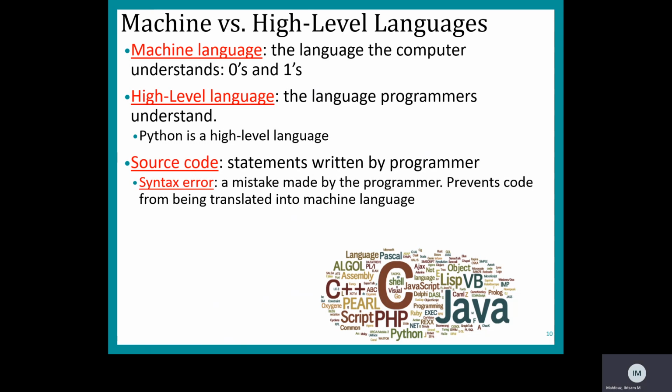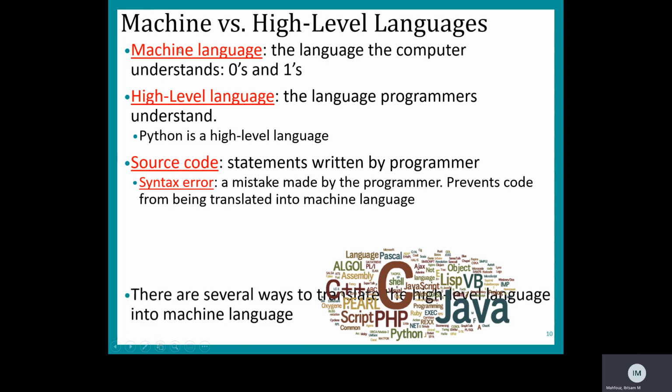When you write this code, you need to make sure that it will be able to be translated into machine language. And so if you have any errors in your code that prevent it from getting translated into machine language, the interpreter in Python will complain, and it will complain that you have something called a syntax error. So a syntax error, you can think of it as a punctuation error, for example, for now. We will see examples of that later during the semester. But a syntax error happens when you make a mistake as a programmer, which prevents your high-level code from being